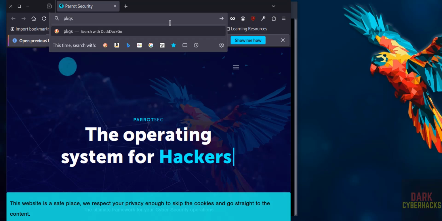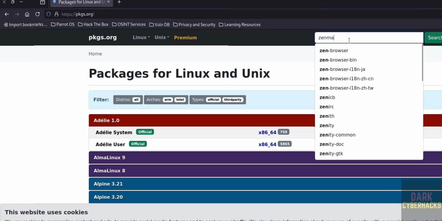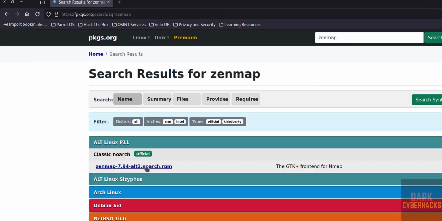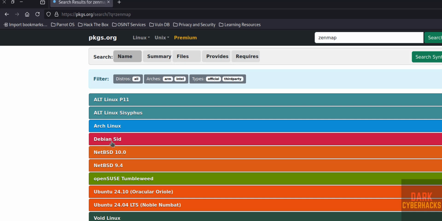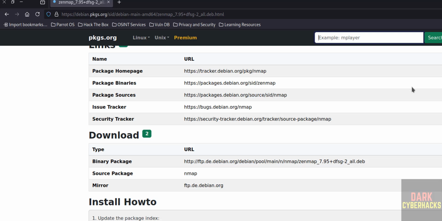pkgs.org, that is packages.org. Then search for ZenMap. Hit enter. Then click on this Debian SID. See, here we have the ZenMap 7.95 Debian package. So click on it, scroll down, then see here download, copy this link,